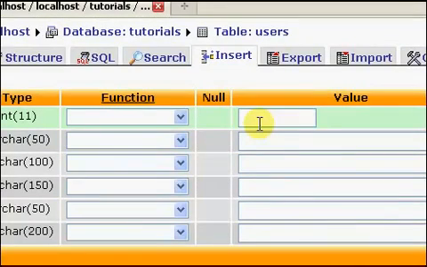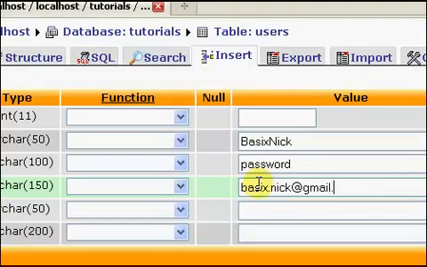So in our ID, you just want to leave that blank because we set it to auto increment, so it'll automatically go up 1 every time someone registers. So our username, we'll just set to basic Nick. Our password, we'll just set to password. And for right now, we're not going to have MD5 encryption, but we'll come back in and do that. Email is